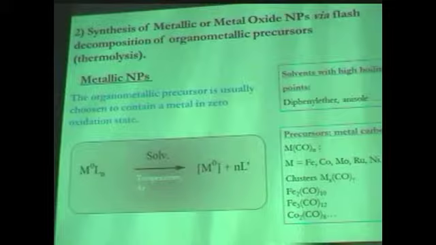We also can use the respective clusters of those carbonyls, such as MxCOy, for example for iron, Fe2(CO)10, Fe3(CO)12, etc. Those carbonyls are commercial, and the same for cobalt, molybdenum, uranium. So, by thermolysis of those precursors in a solvent with a high boiling point, such as diphenyl ether, anisole, etc.,